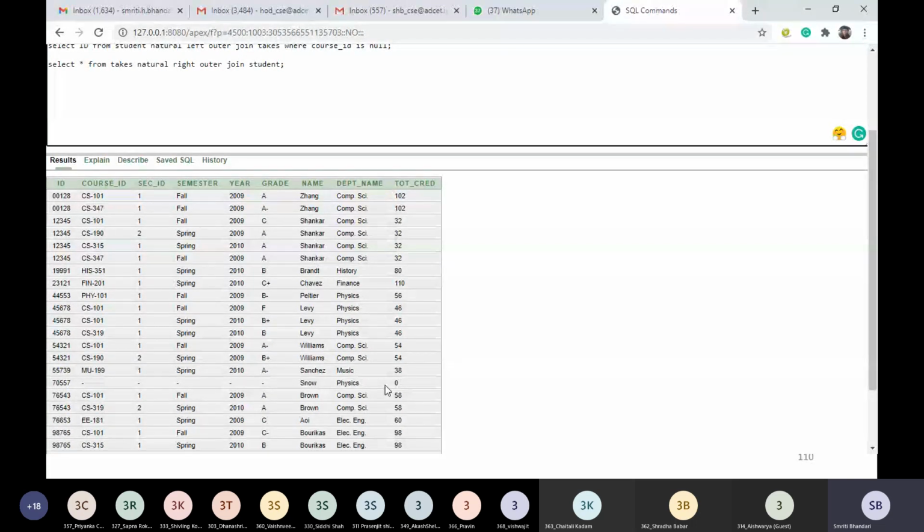And that is why the 70557 that appears in the right hand side table is preserved. And while preserving this tuple, for remaining attributes from the left hand side relation, we are not having any values available. So these values are being replaced by nulls. So this is how our natural right outer join works.